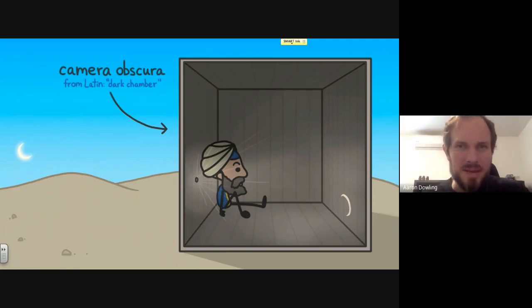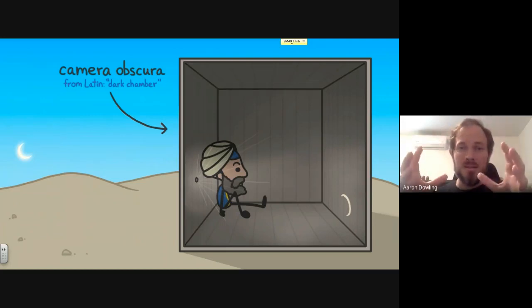Do it in a room where you already have only one window of light coming in. Don't use the room that has 17 windows or 6 windows or something like that. Make it easier on yourself. Or if you want to do this, you can also just get a box, get a nice dark, semi-decently sized box,